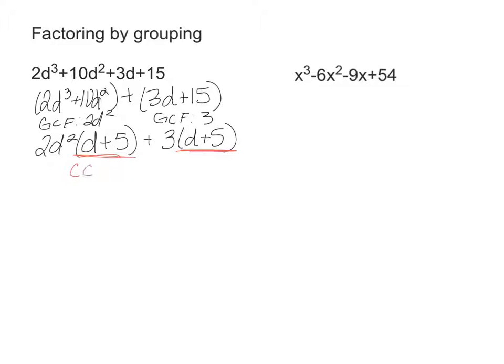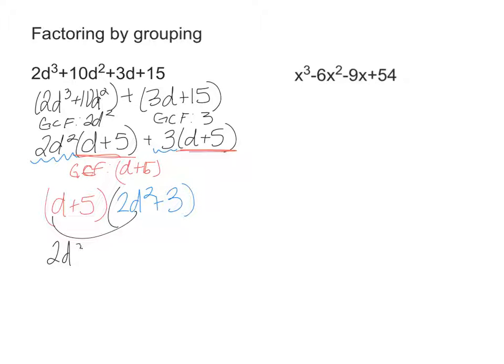So my GCF is d plus 5, so I'm going to factor that out. And if I take out the d plus 5, what's left is the 2d squared plus 3. Now, notice I'm factoring out the d plus 5. It's not d plus 5 squared. And if I multiply this back out to check my answer, we end up